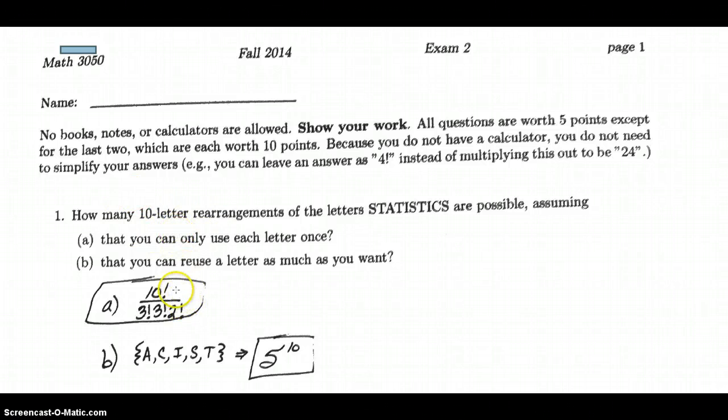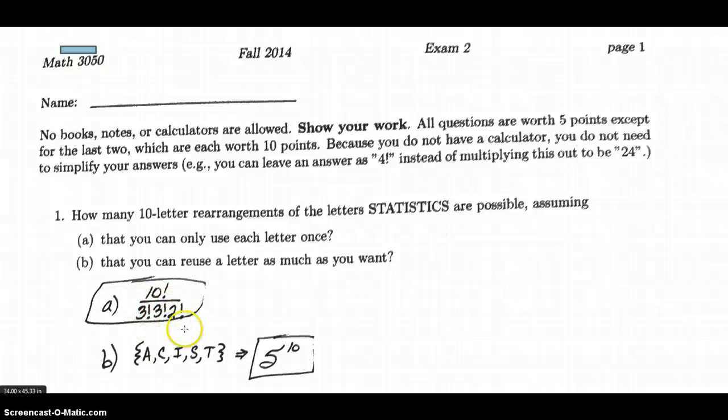So we have that. It's a multinomial probability, but we've used this formula before on words where we have 10 factorial would be the total amount of arrangements if each letter was different. And then since we have 3 S's, we're going to have duplicates that we have to divide out, 3 T's and